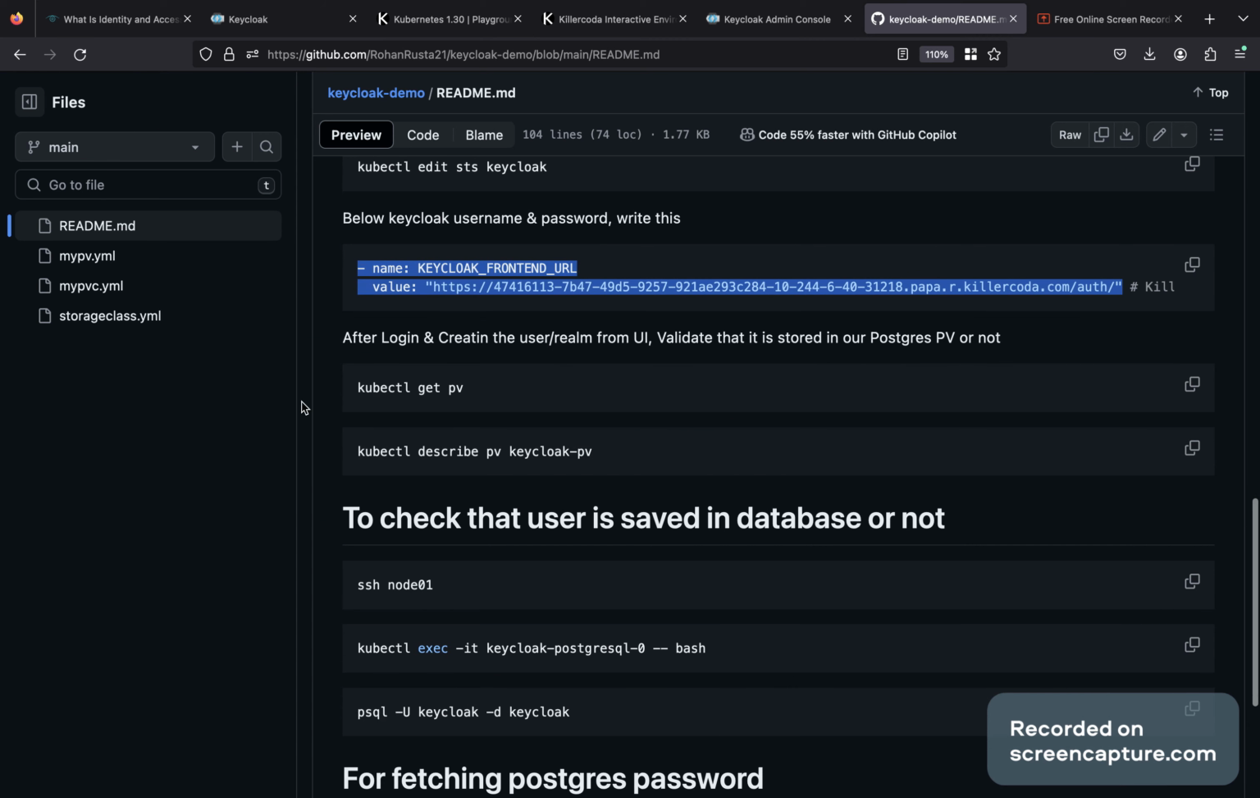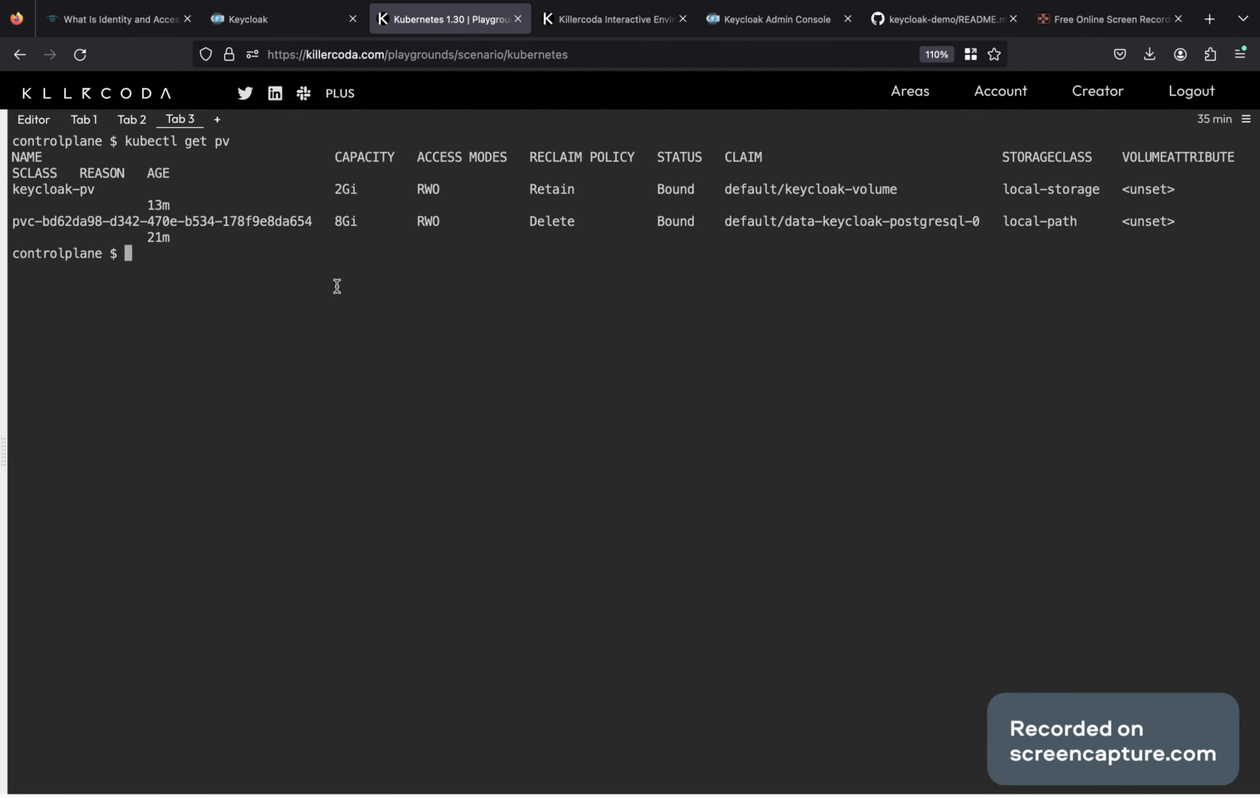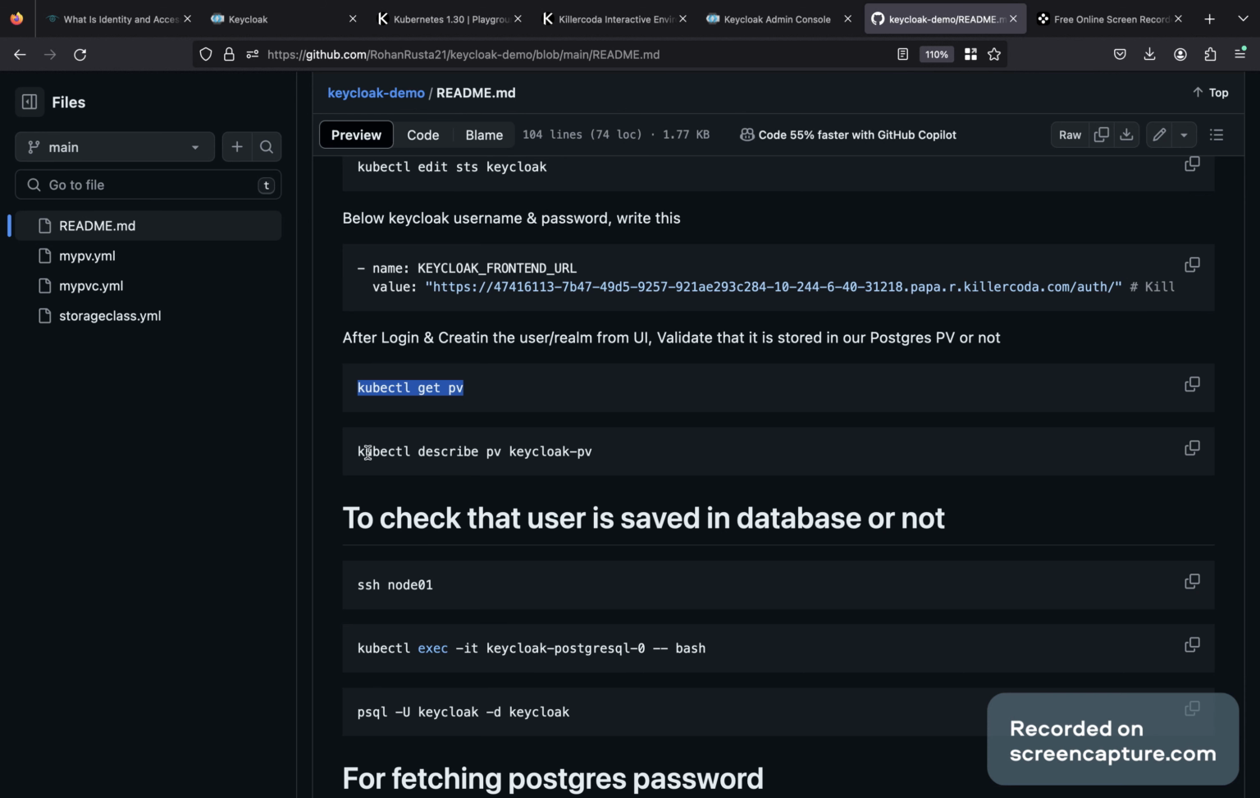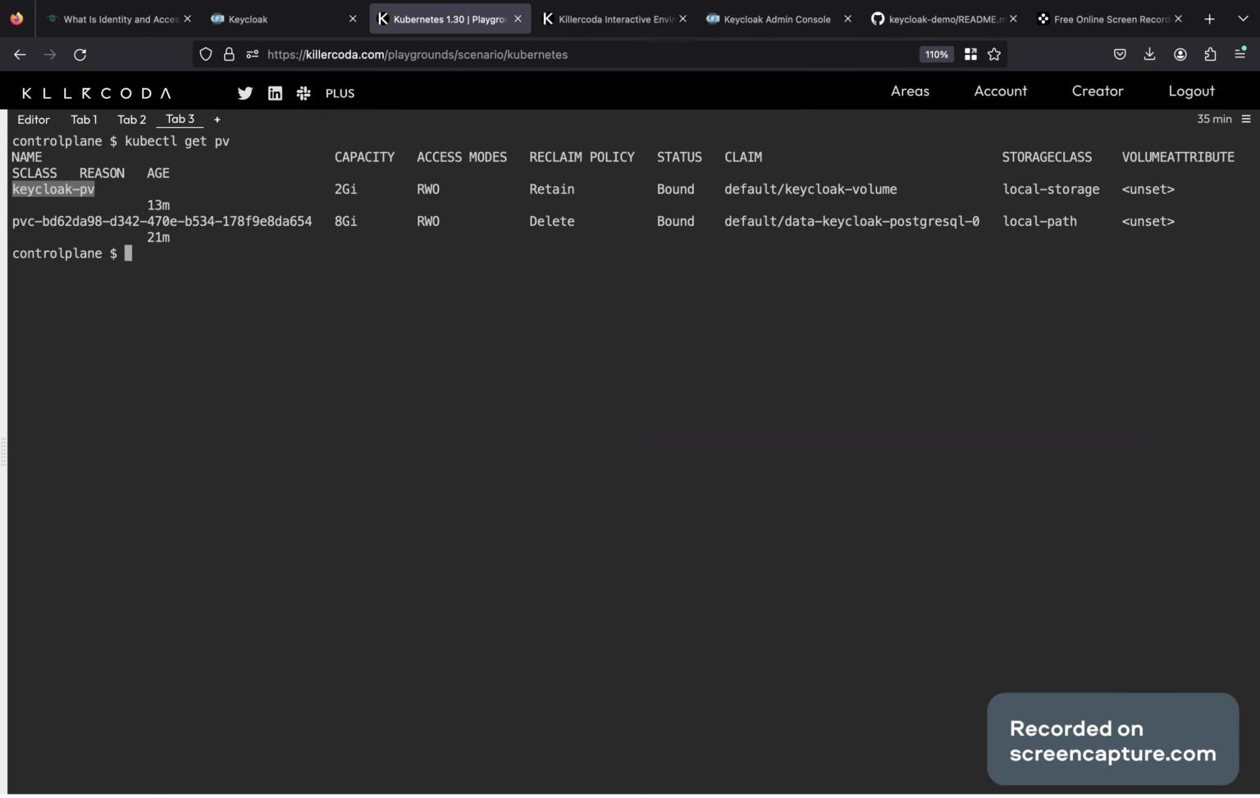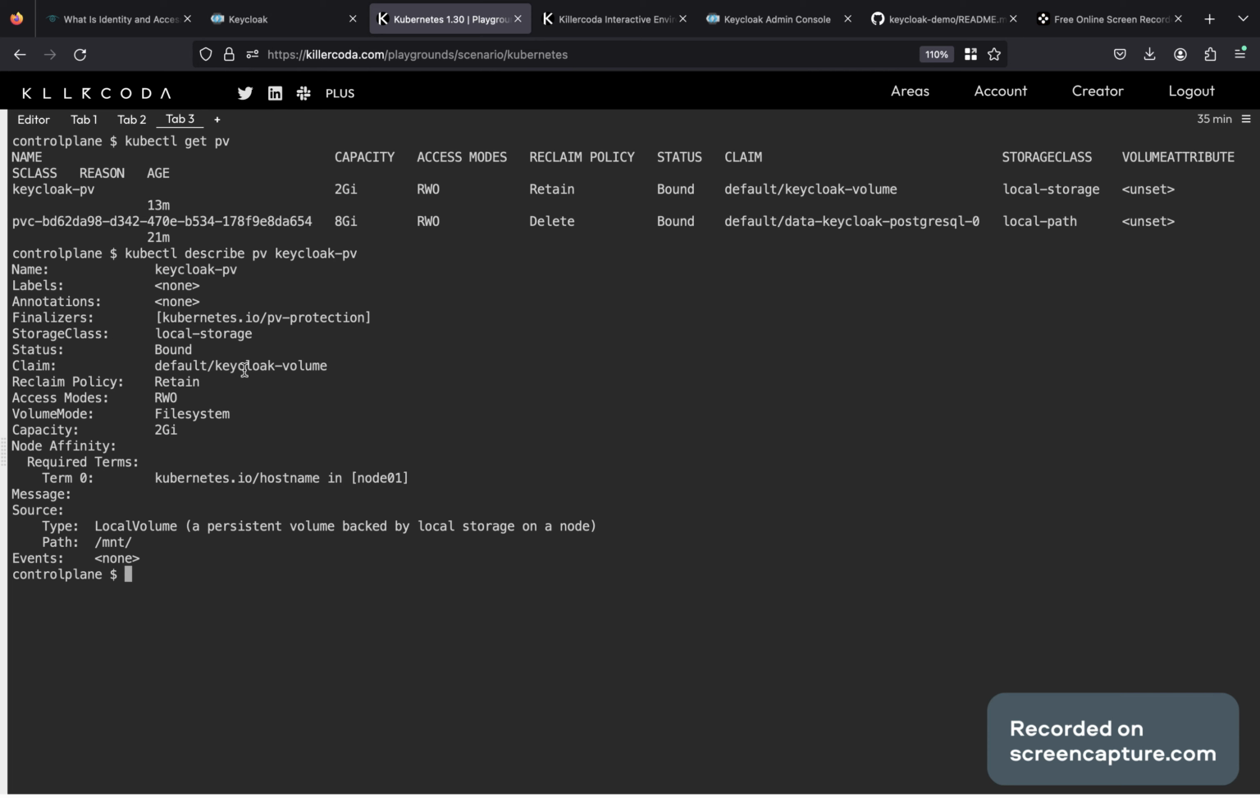Now let's open a new tab. To access the database, first we have to check the persistent volume. The persistent volume which we are using is keycloak-pv. Let us describe this. Here you can see that the persistent volume is integrated with the PVC, which is the Keycloak volume. The reclaim policy is Retain, the capacity is 2Gi, and the data of our Keycloak is stored